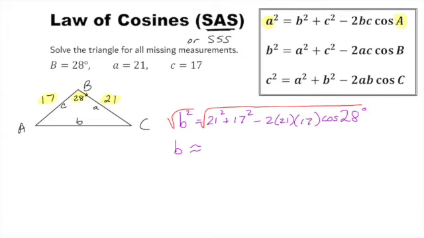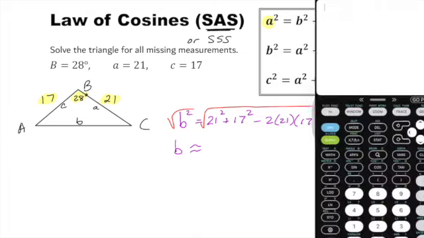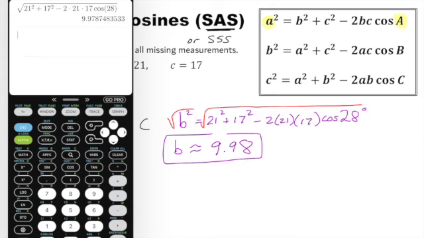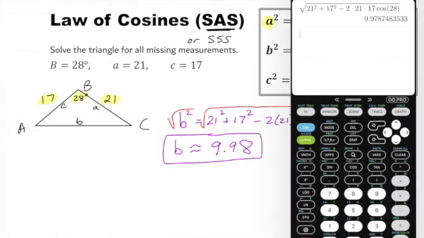Now, if you'd like to, take your time and square these, add them, multiply this out, then subtract, then take the square root, that's fine. But I'm going to go right to the calculator here and do it all in one big step. So the square root of 21 squared plus 17 squared minus 2 times 21 times 17 times the cosine of 28. That's all inside the square root. And we get about 9.98, depending on how you want to round. Okay, and now we know side B,